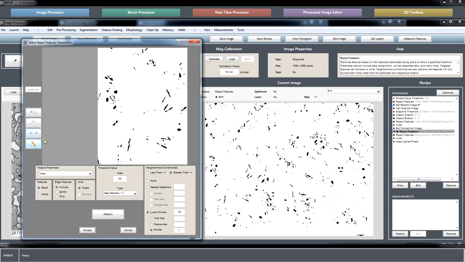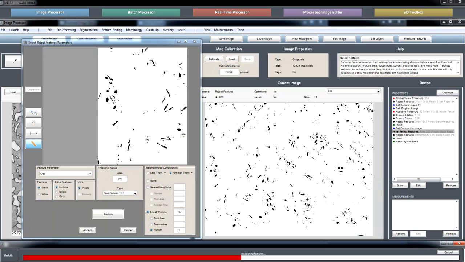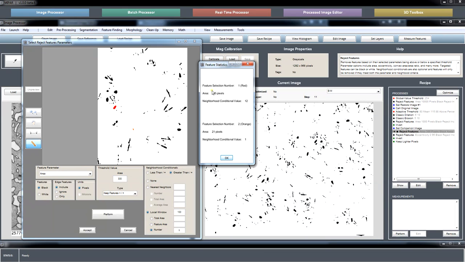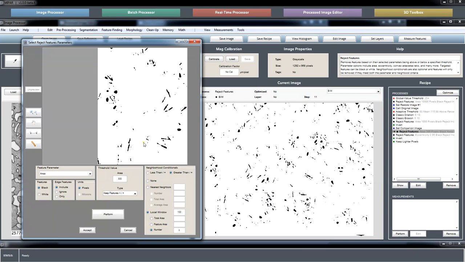And you can see what those conditionals are for different features. So with these parameters set, if I'm measuring area of this one and this one, not only do I get the area like I did before, but I also get a neighborhood conditional value for what I have set. So the orange only has one other feature in its 100 pixel radius, whereas the red has 12. So even though both are